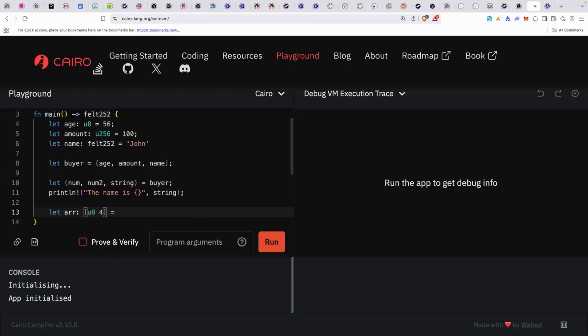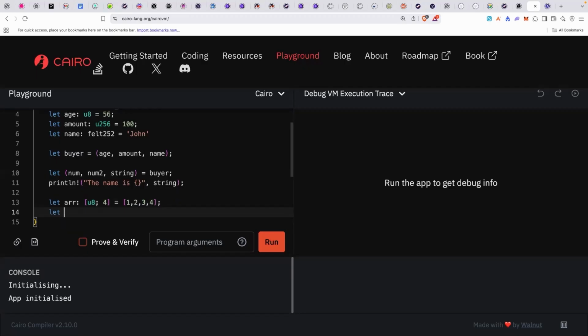Yes, semicolon. So it's 1, 2, 3, 4. So we have the array here. Destructuring simply means array2